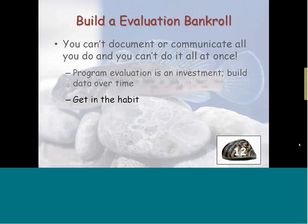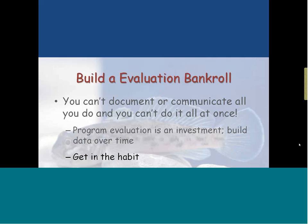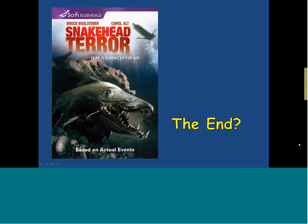And this is the end of the presentation, but hopefully it's not the end of you being able to use these kinds of tools to go forward and actually do evaluations and have them fine-tune your